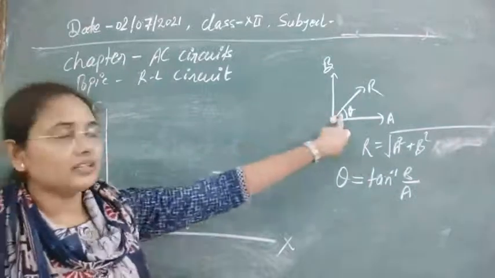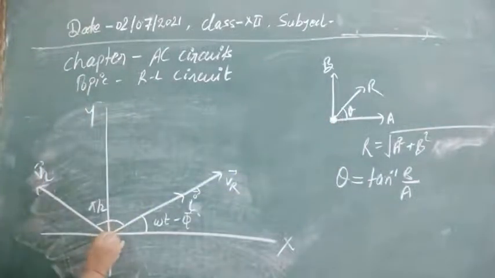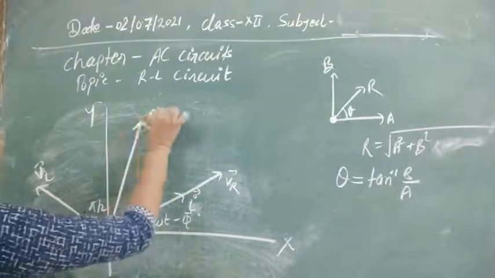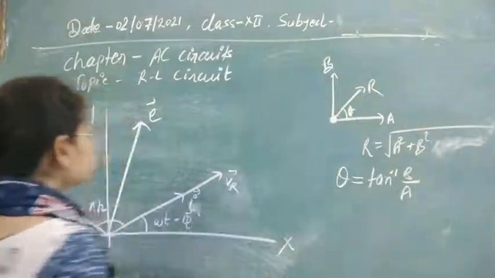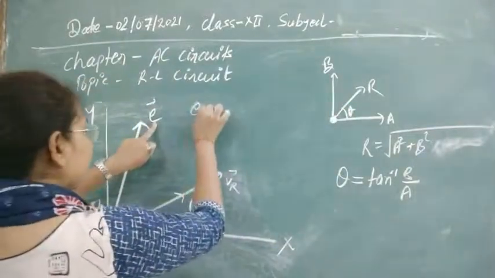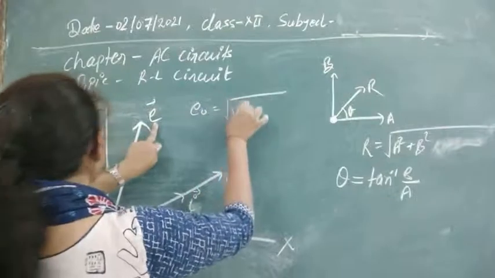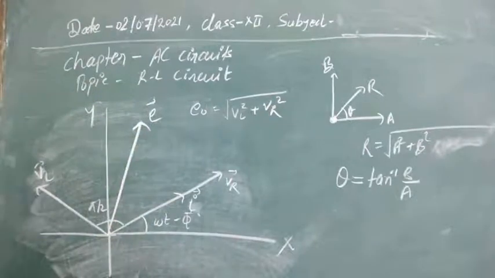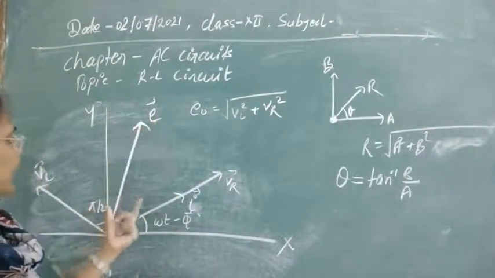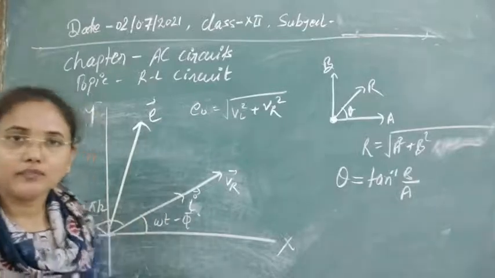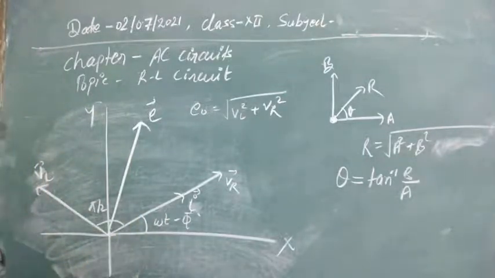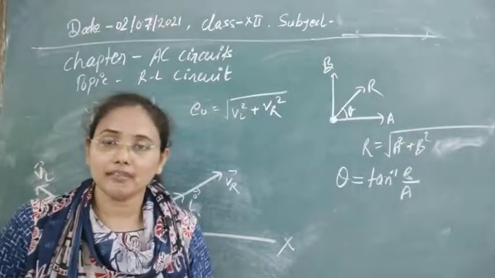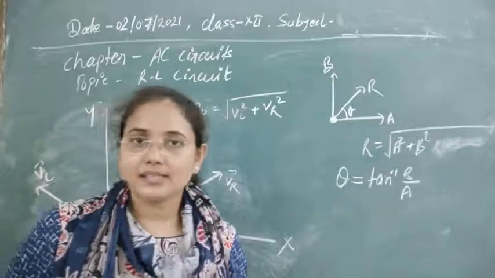Now we can plot the resultant here for this case. Suppose this is the direction for the resultant, and its magnitude, or maximum value, is given by the square root of omega L square plus omega R square. So its magnitude you can find out by this equation, and its direction you can plot in this way. This is the phasor diagram that helps us understand in which direction we will get the final value, the final rotating vector, for this kind of combined circuit.